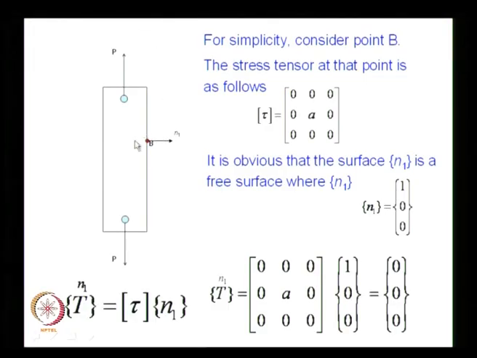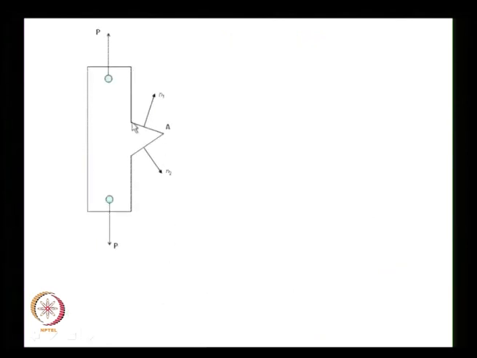Okay. Now, I have seen for this problem that on a free surface the stress vector is 0. Suppose I take another problem where I have a projection, I have a projection like this, and I am not interested in finding out stresses at all these points. I would like to know what is the stress magnitudes at the sharp corner A. Can anybody say? When I have a sharp corner like this,